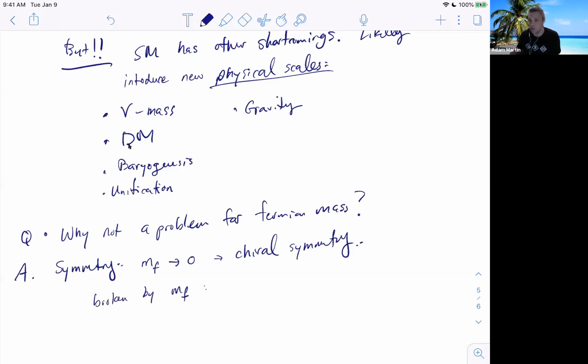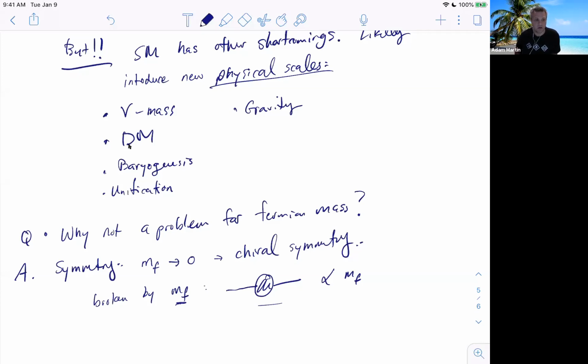This means all loop corrections have to be proportional to that one thing. This means the fermion blob must be proportional to the fermion mass, because if I shut off the fermion mass, I've got to have the whole mass disappear. Again, this guy controls it. If I set that to 0, all fermion mass has to be 0. Therefore, a loop with as many blobs, heavy particles, whatever you want in there,